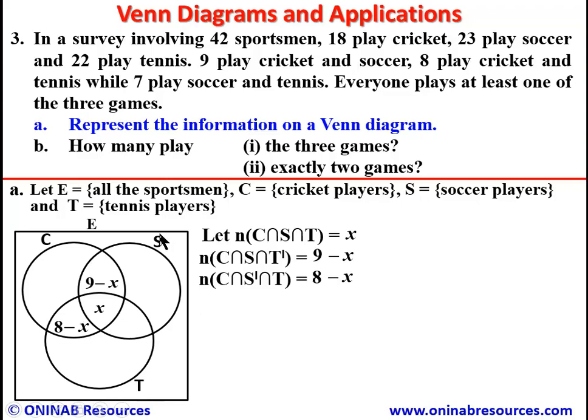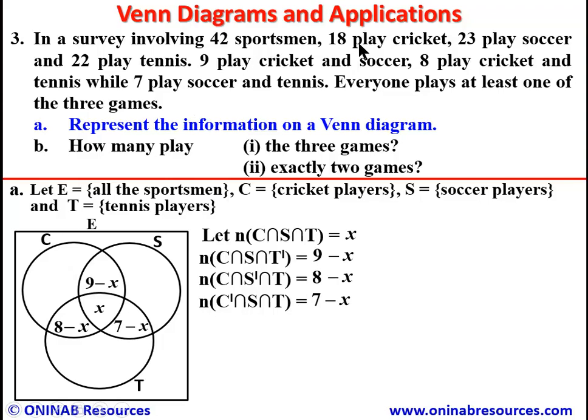And we go for soccer and tennis only. That's N of C prime intersection S intersection T. So with that, we are going to have 7 play soccer and tennis, and since there's no only, it's going to be 7 minus X. Then we place it in this region. Now we go for those playing cricket, soccer and tennis only. So here